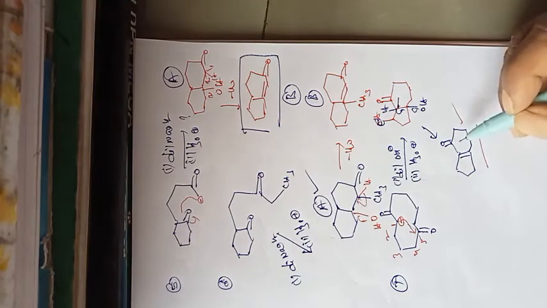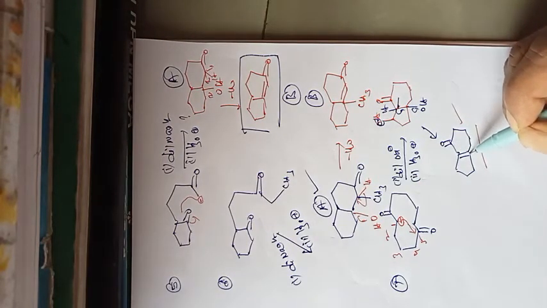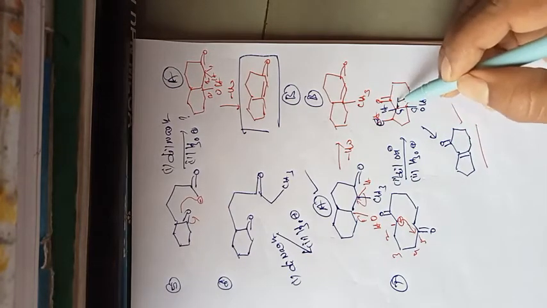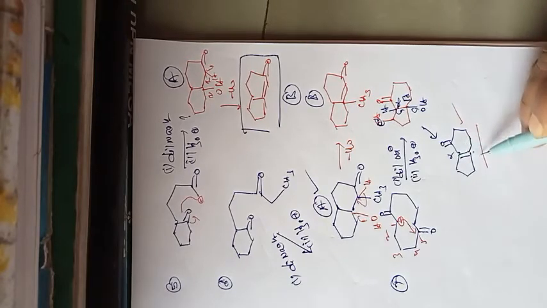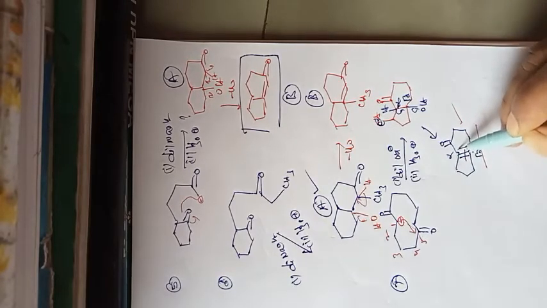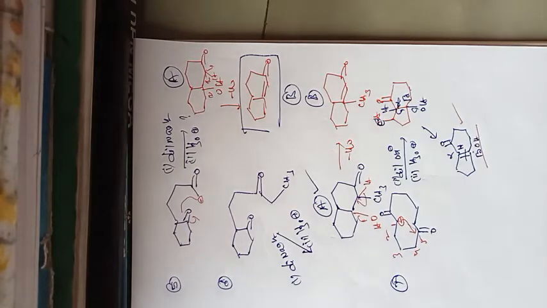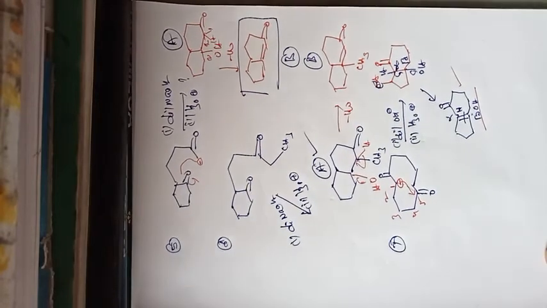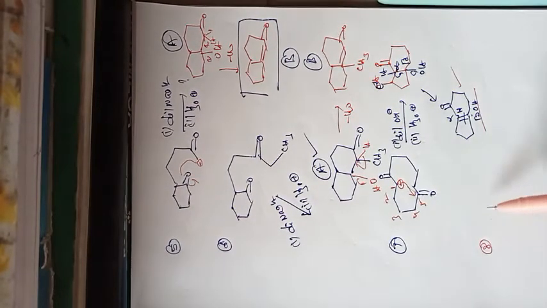We have to see very carefully that one is the 5-membered ring, and then how you can easily identify: the adjacent carbonyl methylene is active and on the other side OH will be there. So easily, this is beta hydroxy, this is the alpha position and this is the beta position. As I told you, at the alpha position you have to add hydrogen and at the beta position add a hydroxy group. Then easily you can identify.